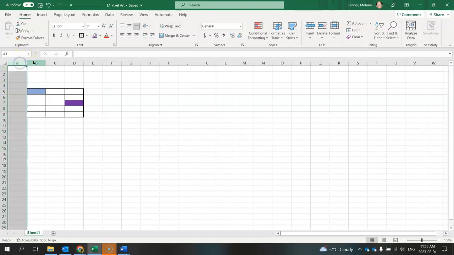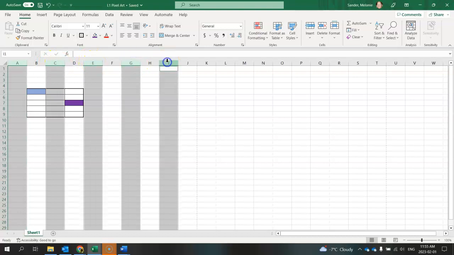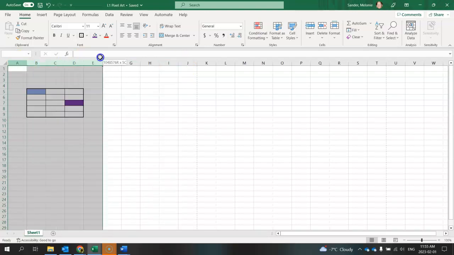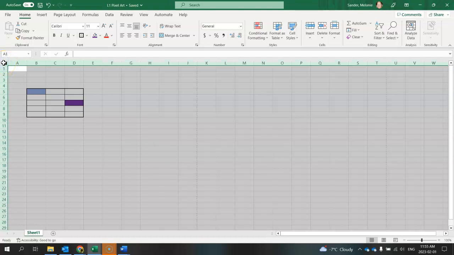The same thing goes up top, where I can hold my control key down and click wherever I want. And then I can play around with the sizing on these. If I want to play with the sizing on my entire sheet, I click right up in the intersection of the rows and the columns. I've now highlighted every single cell in here. Okay, so what that will allow me to do,